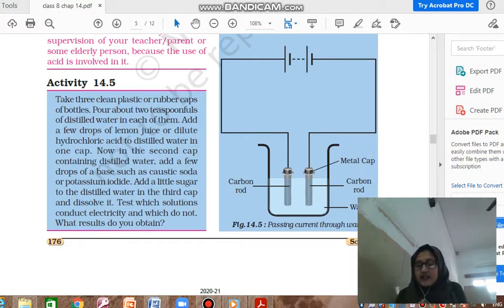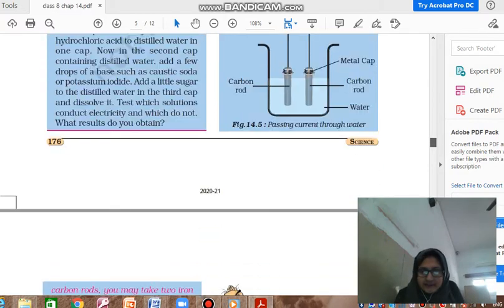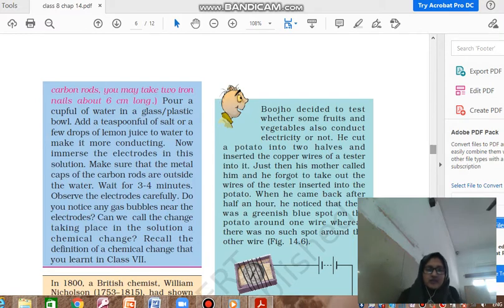Okay. Now you have to place the two electrodes inside the beaker, and the beaker is filled with a conducting solution. Suppose, for example, you have taken lemon water in it, right? So it is a very good conductor. Now you can add a pinch of salt to make it more conducting. Make sure that the metal caps are outside the water. There is a precaution: the metal caps where you have wound the copper should be kept on the upper side. They should not go inside the water, the conducting solution.